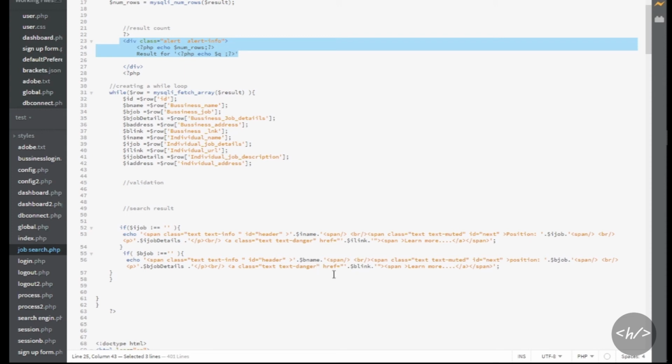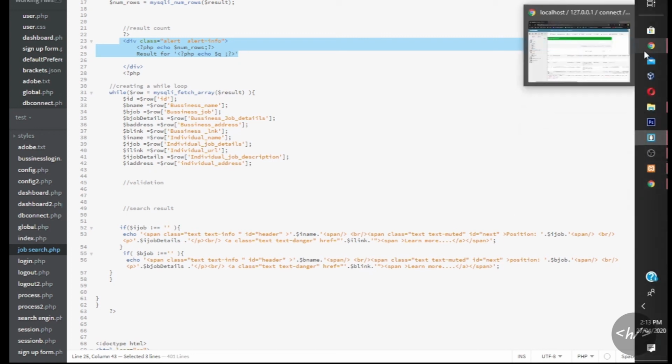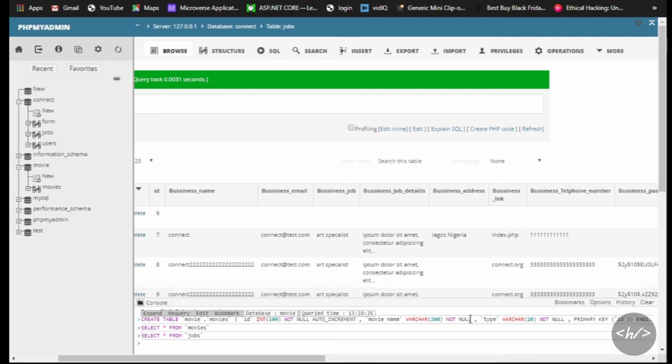So we put the link here, opened the tag, and encapsulated the link from the database inside it. If someone clicks the link, it collects the link from the database and goes straight to the individual's website, if there is any. And in the database here, I think I put one with a link, index.php.